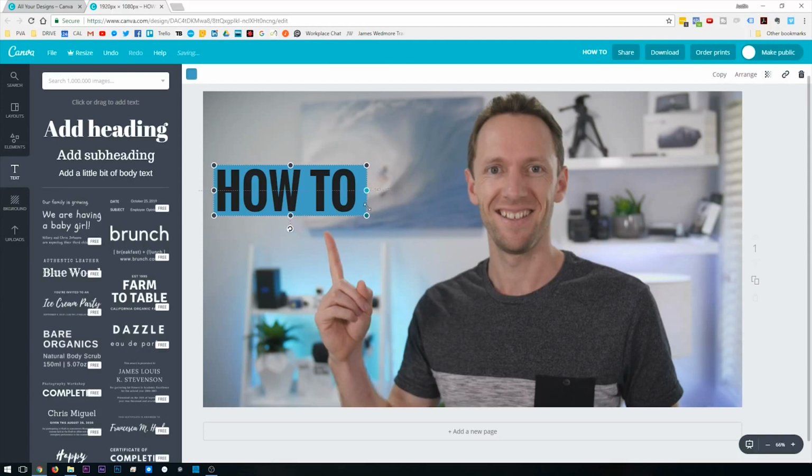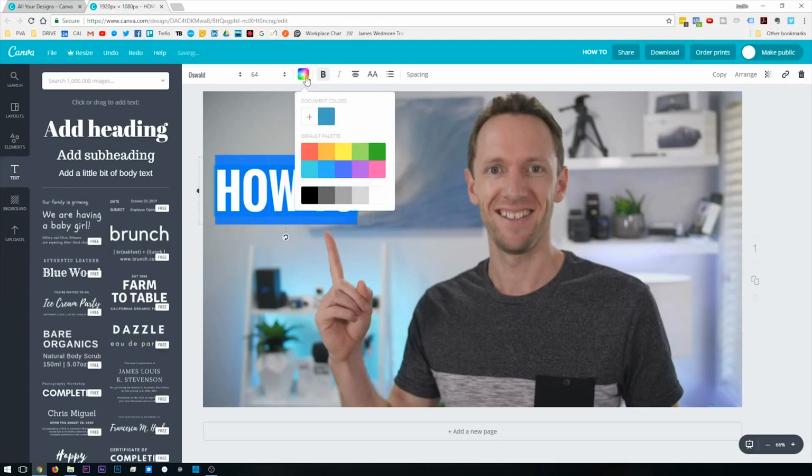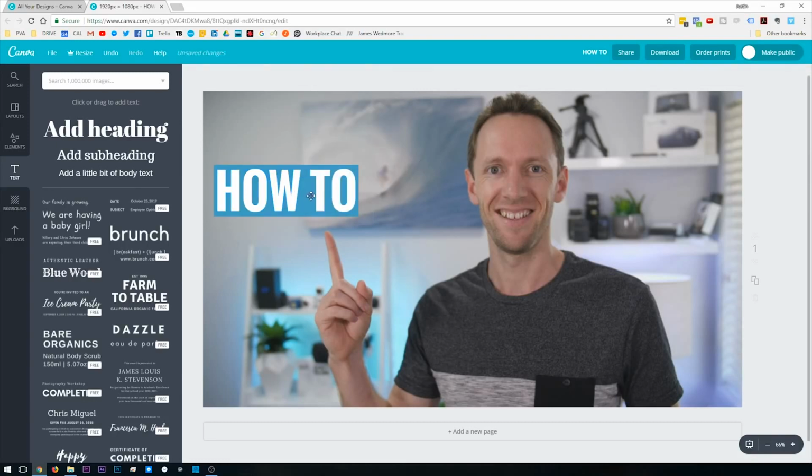And I'll resize this box down a bit. Make that font white. Back to the color picker, and we'll go white. Now what you can do here is if you select these two boxes, the background and the actual